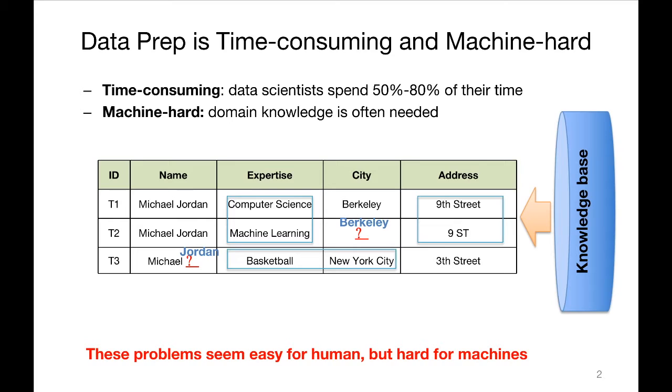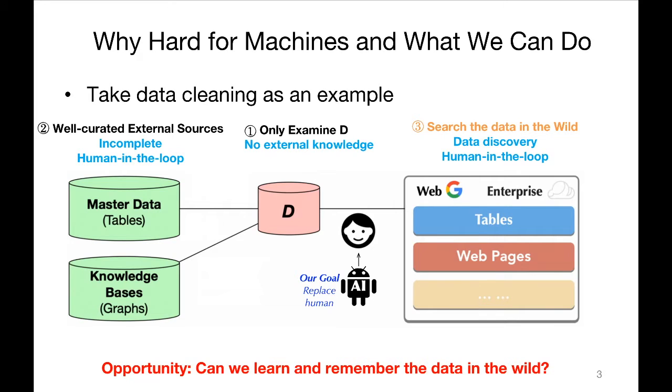In reality, there are many other problems. We find that domain knowledge is very important in cleaning this table. These problems are easy to solve for humans, but it's hard for machines to obtain this knowledge. In order to make computers get enough knowledge to solve the problems, there have been many existing studies. We categorize them into 3 types. Here, take data cleaning as an example. The task is to detect and repair data errors in D.